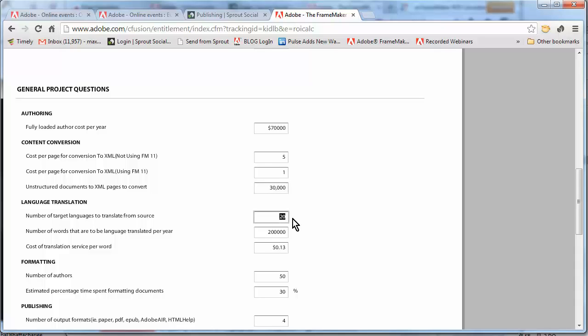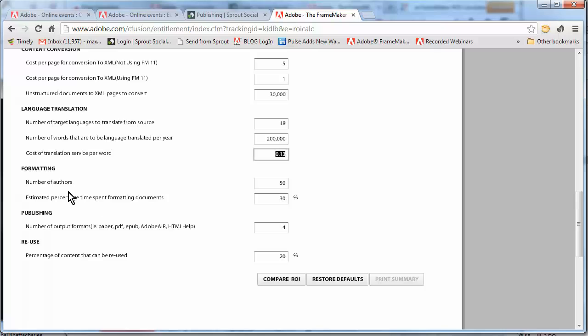Language translation. You put in the number of languages that you have to work with. I'm going to change this from 20 to a little bit less, 18. And what's the number of words per language per year to be translated? And here we're looking at 200,000. Finally, what's the cost of translation per word? It's often somewhere around 13 cents, but you can lower this to your own custom amount. Finally, beyond that, we have the formatting, the number of authors, and the estimated percentage of time spent formatting documents. So with all the authors that you have working, how much time are they going to spend formatting? And it's typically about